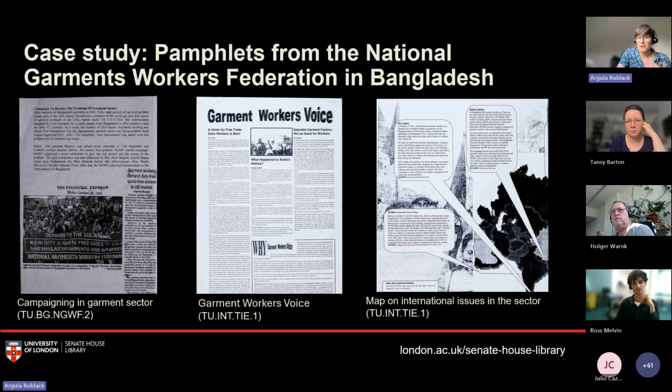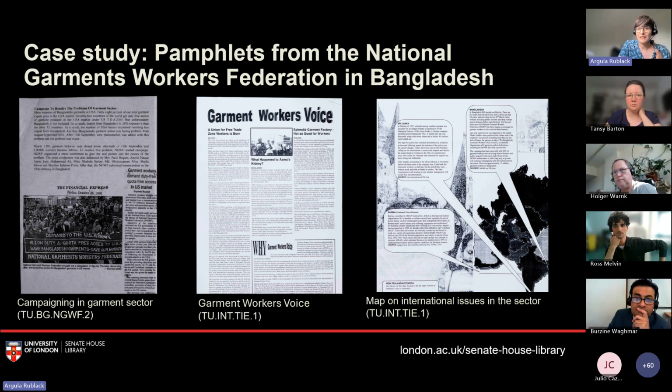So this just led me personally to look across the pamphlet and ephemera collections to see if there were other materials from around this time discussing similar issues. And indeed, we can see that the discussion about the effects of a globalized economy across South Asia and other regions of the world is present in other publications that we collected. An example I have of this is on the middle and right of the slide here. This is a copy that we also hold in the collection of Garment Workers' Voice, produced by Transnational Information Exchange Asia in the year 2000, which discusses the garment industry in Bangladesh as well as Sri Lanka.